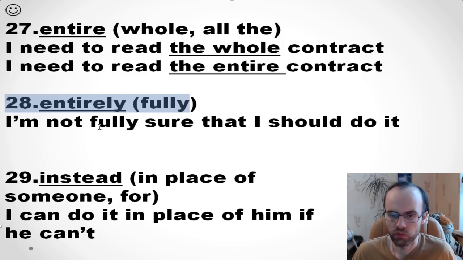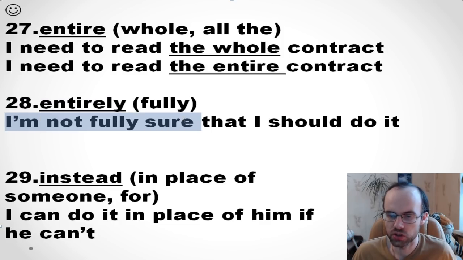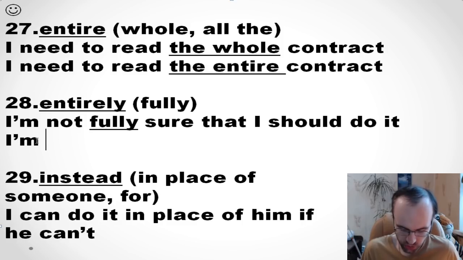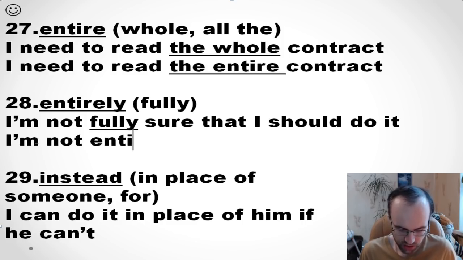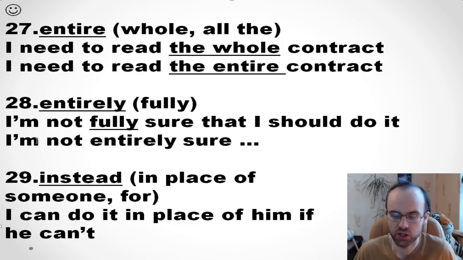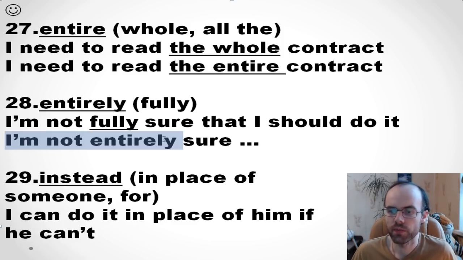Look, we often use it in negative sentences. I am not fully sure that I should do it. Just replace "fully" with "entirely," and it will be: I'm not entirely sure that I should do it. And remember this expression and start using it. You can say I'm not sure, or I'm not entirely sure, or I'm not really sure,